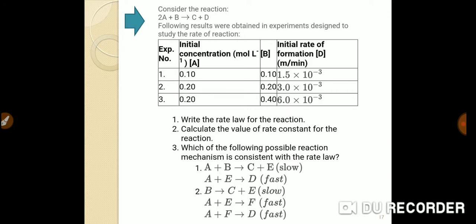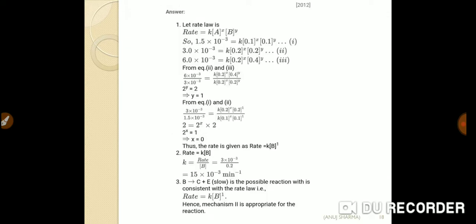So I will show you the answer and you can check the solution. Let the rate law be rate equals K [A] to the power x and [B] to the power y, because you don't know the values of x and y, and these are going to determine the order of the reaction. So we put down only x and y. We are going to solve reactions 1, 2, 3 with each other and find the values of x and y. If you solve equations 2 and 3, you will get the value of y, and if you solve 1 and 2, you will get the value of x. So put the values of x and y into any equation, then you will get the rate constant K.